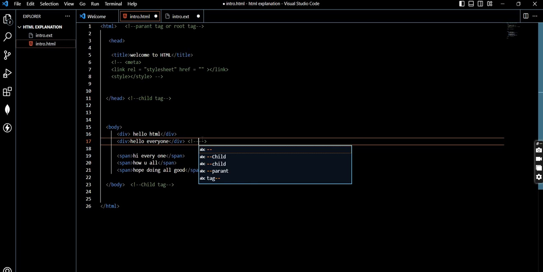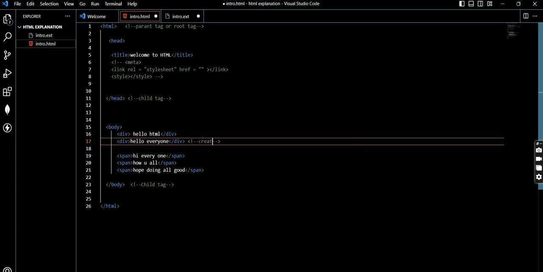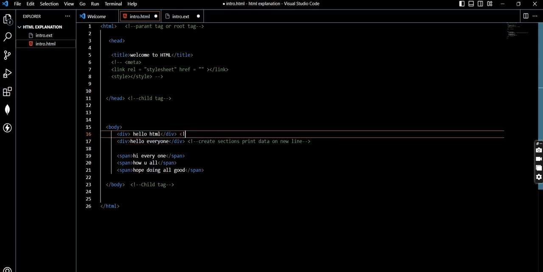Now, with the help of the div tag we can create sections. We can create sections and print data on a new line. If you want to print data always on a new line, then definitely you should use the div tag. And these div tags are also called